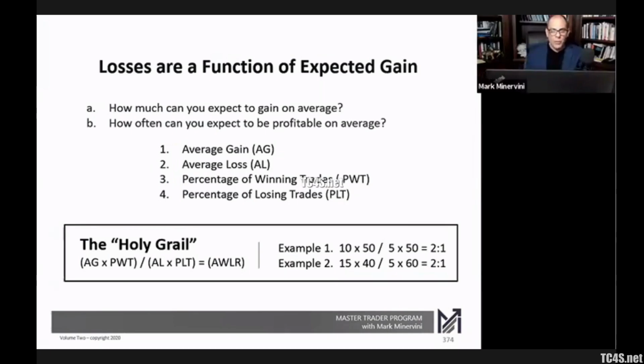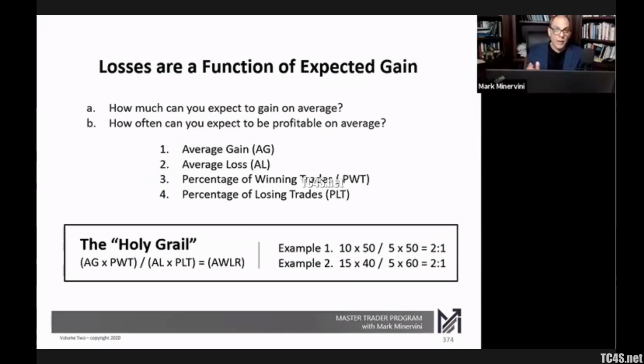All right. So if you know that number, it becomes a mathematical equation. And this is the holy grail. The holy grail to trading is managing the risk reward relationship. Average gain times percentage of winning trades divided by average loss times percentage of losing trades gives you your adjusted win loss ratio. All right. So if your win loss ratio is